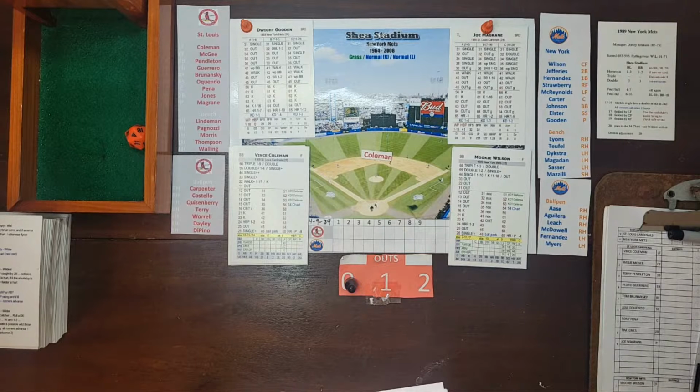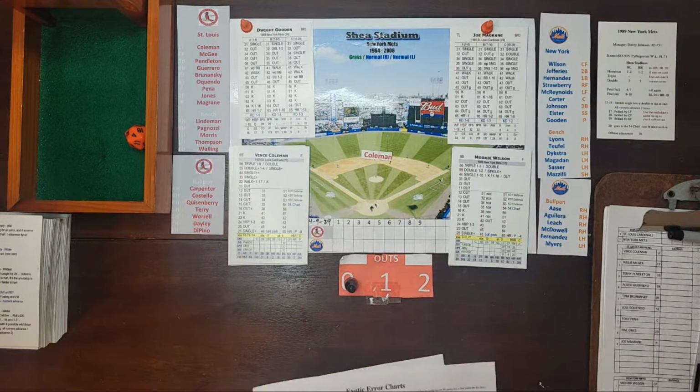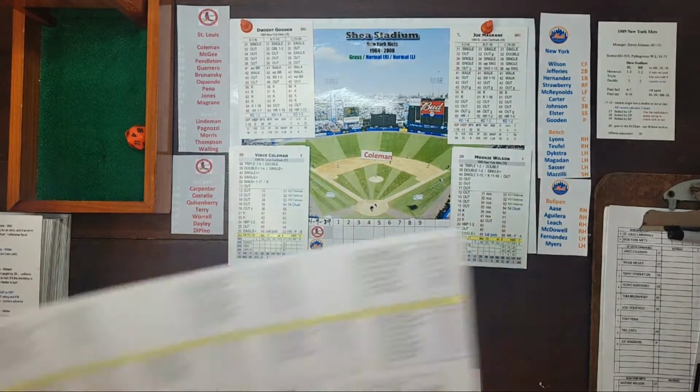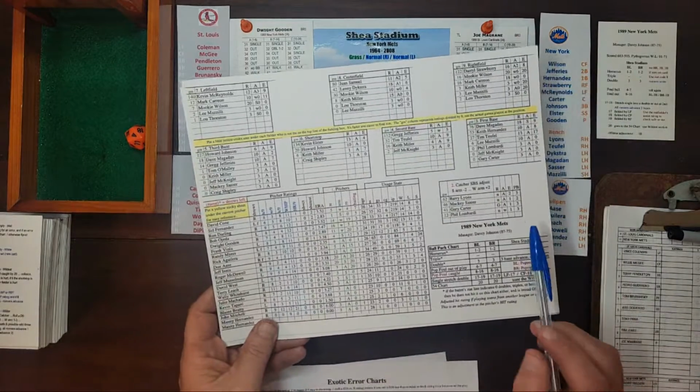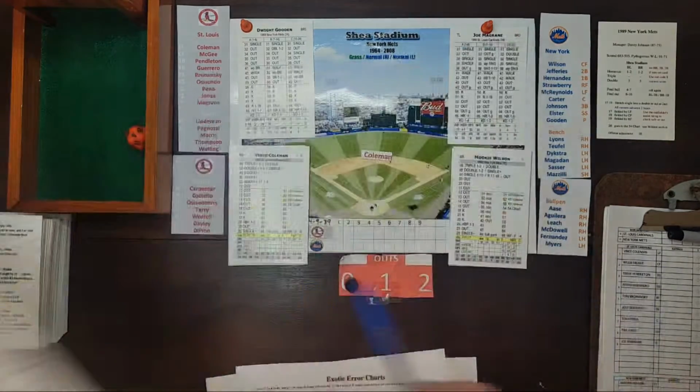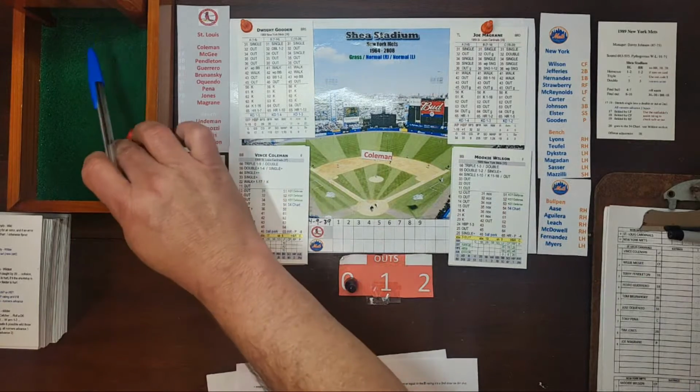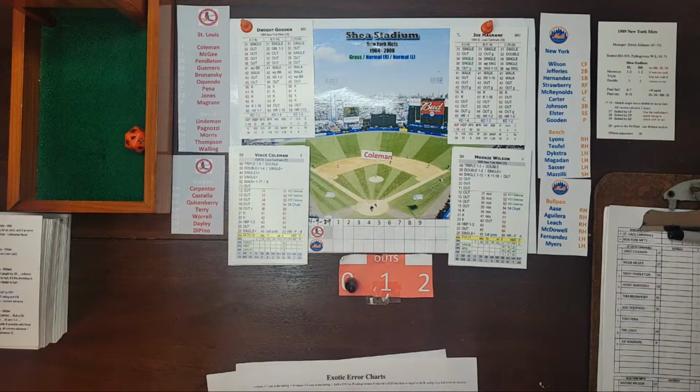Now, I thought there was also something on the stolen base. I don't have it in front of me, I don't think. Let's see here. Yeah, I do. It says if the D20 is from 1 to 5, refer to the catcher's E rating, and if equal or less than that, it's a steal and an extra base on the bad throw. So the catcher's E rating, let's look at Gary Carter's E rating. Gary Carter's E rating is only a 1. So the 4 was not greater than the 1. So there is not going to be